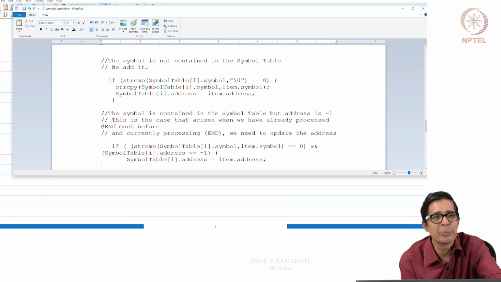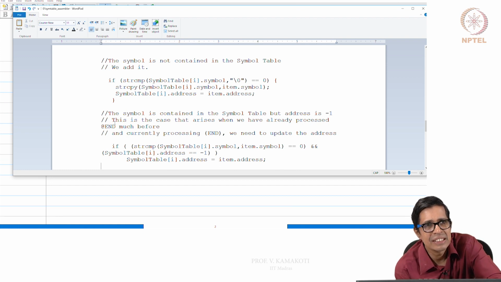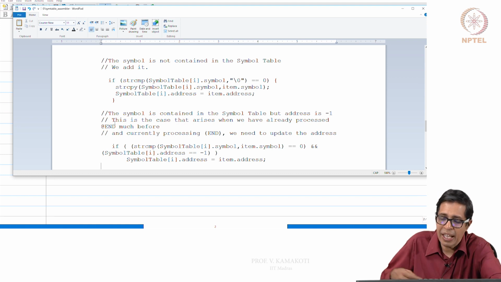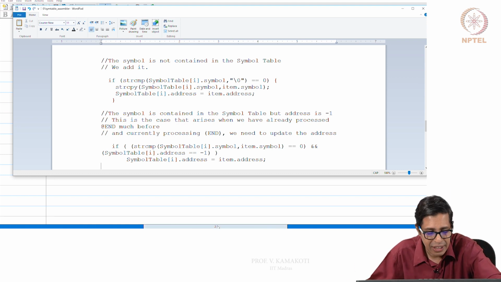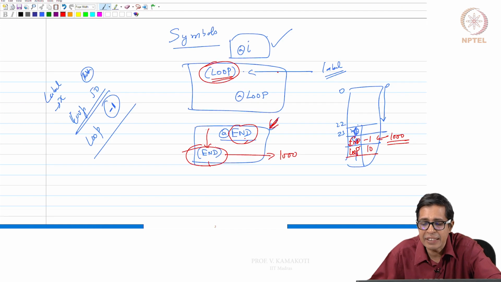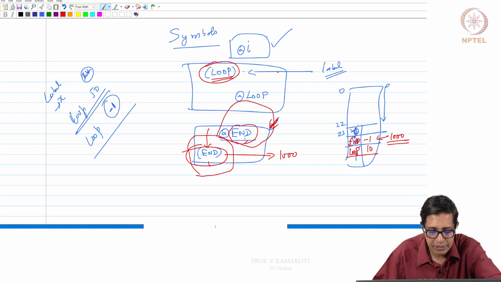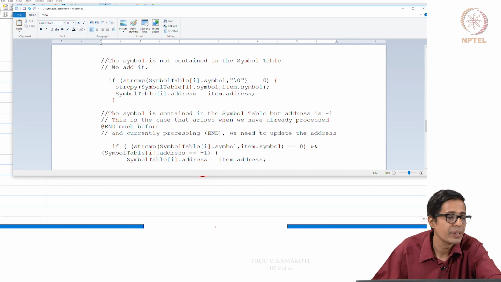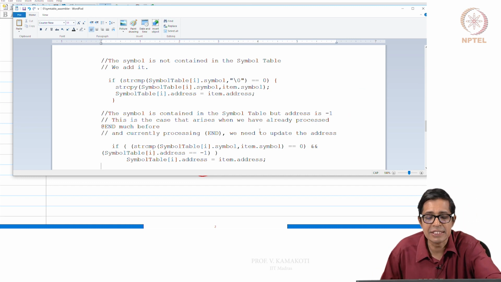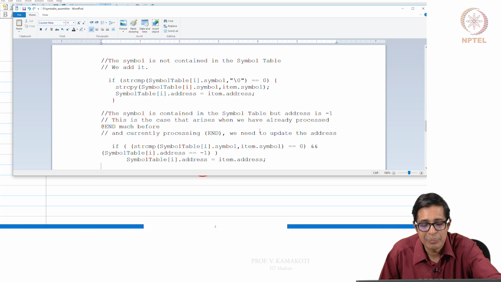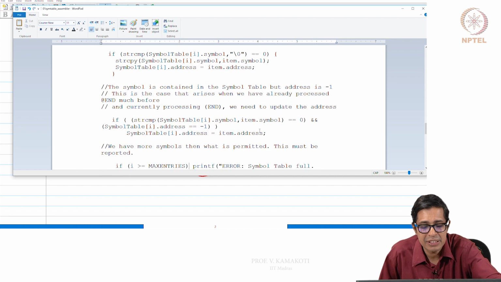There could be an end attended before, and when that end is entered, it would have been -1, and then we see that end attended later, and there you go and update it with 1000. So this is the second thing. I found a symbol, but now I find that the address is -1, so you go and put this address.